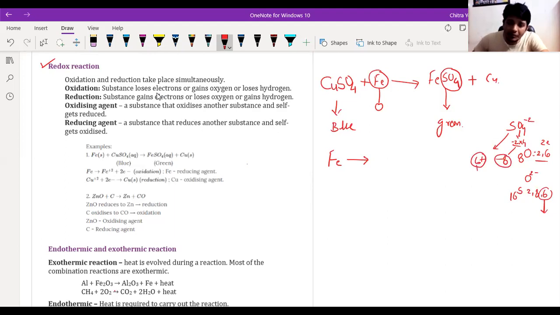If we compare both the charges, we have 2 negative extra charge. This 2 negative charge is shown over here. This 2 charge is nothing but the difference between the charge on oxygen and sulfur. Understood? So that's why we say that SO4, the sulfate ion, has 2 minus charge on it. But in FeSO4 there is no charge shown over here, which means this ferrous sulfate is a neutral compound.